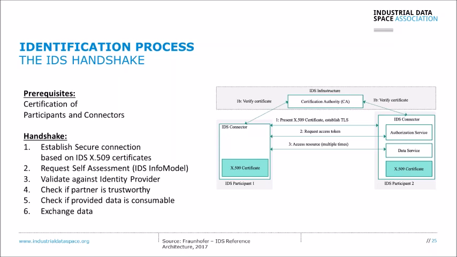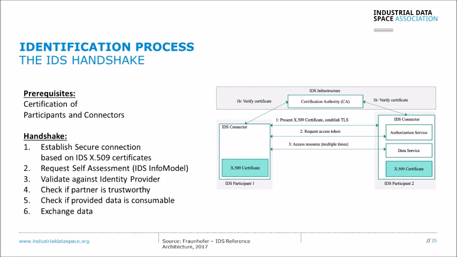When you have established a secure connection, every connector gives its own self-assessment based on the IDS info model. This says, I'm this participant. You will receive information about who I am as a company, which legal form I have, what my name is, where I reside, and things like this. You will also get information about the connector, what kind of connectors I provide, which trust level my connector has, and which abilities my connector has. And you will get information about my data endpoints, because I can have various data endpoints,